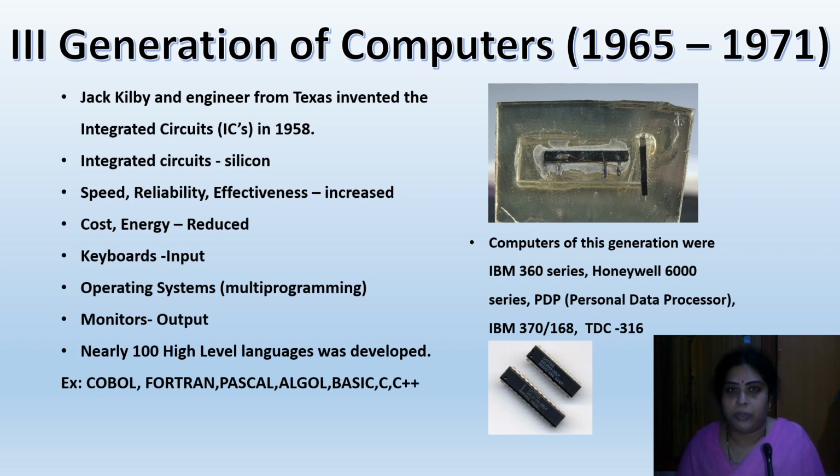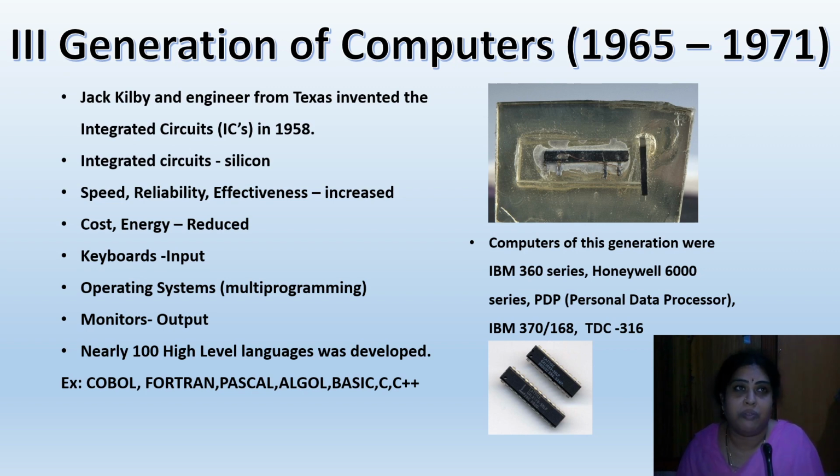Also the operating systems were able to do multi-programming. The earlier generation and second generation of computers mainly used batch processing. What do you mean by batch processing? You had a set of commands which were sent to the OS together. But here they were able to do multi-programming, that means many programs were able to run on the OS. Another important development in this generation was that for input there were keyboards, not punch cards, and for output you had monitors, which you see nowadays, and not printouts. This was a very major development.